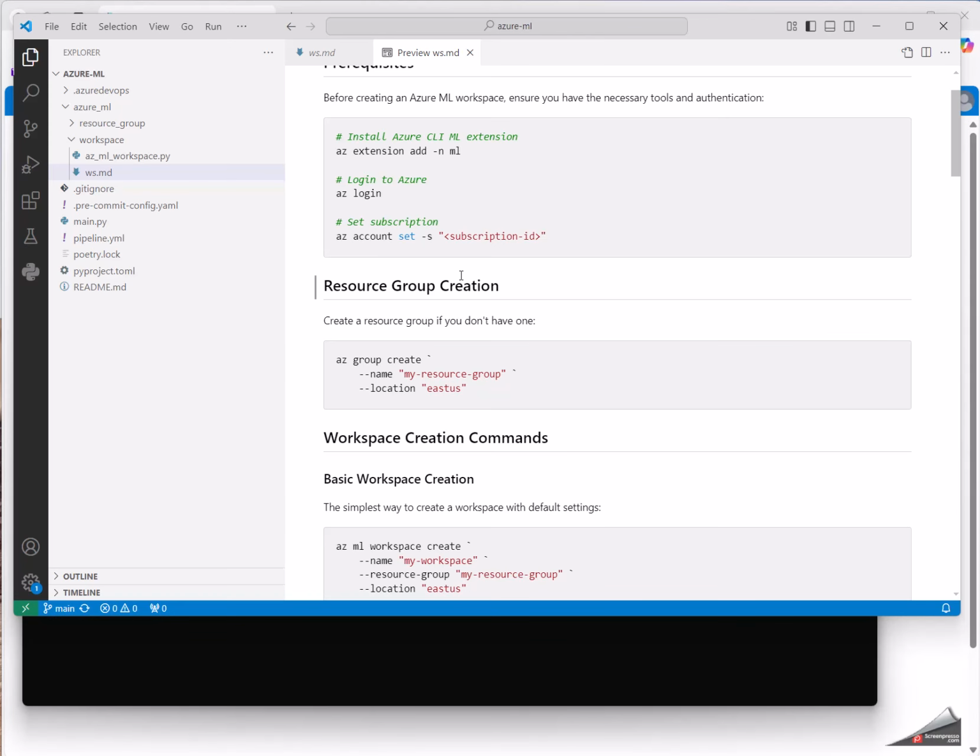So first of all, you need to make sure that you are already logged in to Azure CLI. What you can do is type az login. But because I'm already logged in, it would just waste time. Try to use this command and it will be fine. Let me show you the descriptions that I have already written.